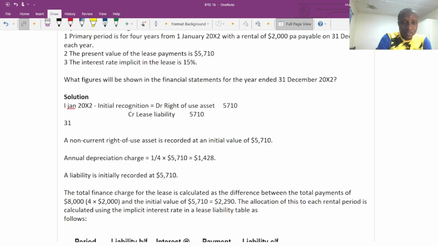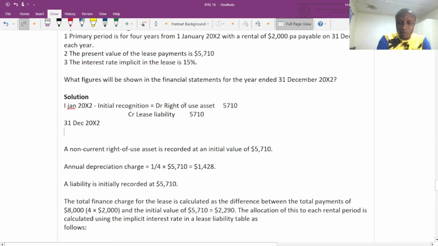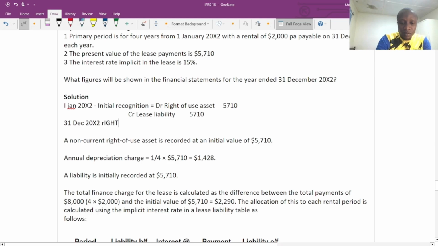At 31st December 20x2, the right of use asset will equal 5710, and the depreciation will equal the right of use asset